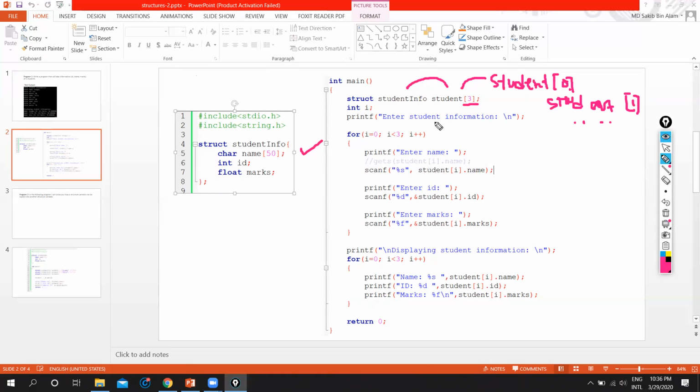Now there's a message, enter student information. See, I am running a loop: i equals 0, i less than 3, i plus plus. That means first it's 0, then it will go to 1, then 2. So enter name, it will give an input, so scanf percentage